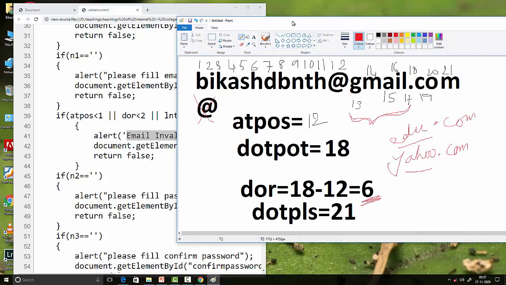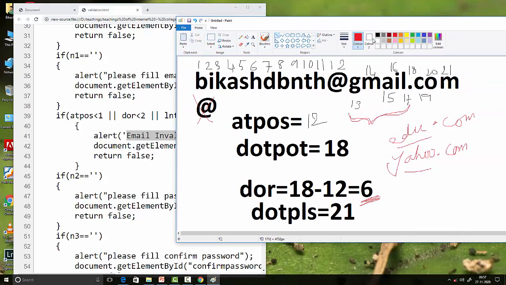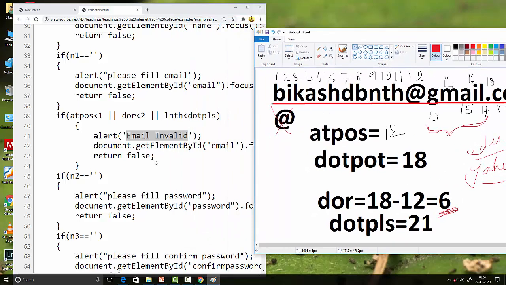The total thing starts from here and ends here, so its value is 21, and again we are getting dot position as 21. So the total length may be equal, but it should not be lesser. In this way we are checking this email ID.